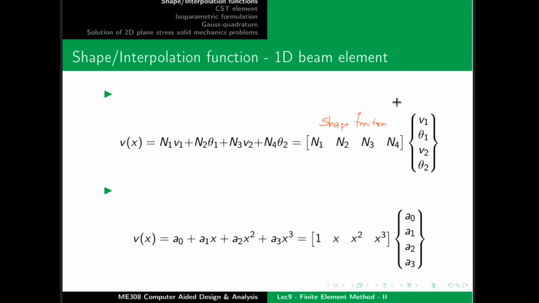This is our nodal degrees of freedom vector. Here we have to specifically call it a vector of degrees of freedom because we have displacements as well as slopes. So this vector is not entirely displacement, it is a degrees of freedom vector. Then v of x can be represented as a0 plus a1x plus a2x square plus a3x cube. That can be represented in matrix form as a product of these two matrices. So we have to keep this matrix form in mind.